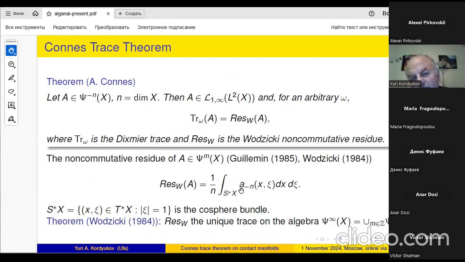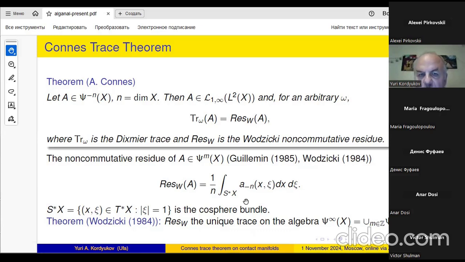And it turns out that this quantity, multiplied by dx dxi, is a well-defined density on the cosphere bundle, and you can integrate. So this quantity is well-defined and independent of the choice of